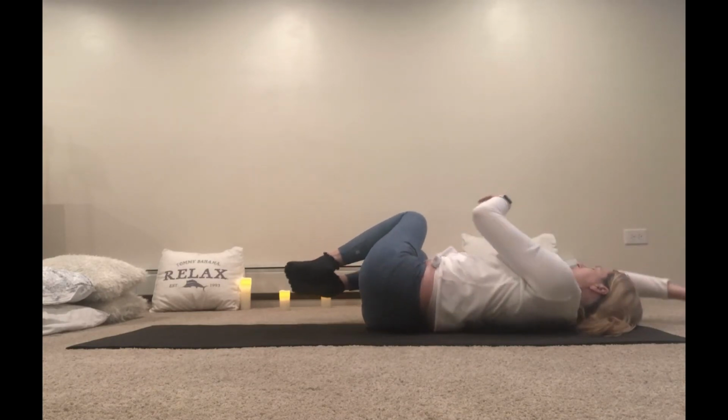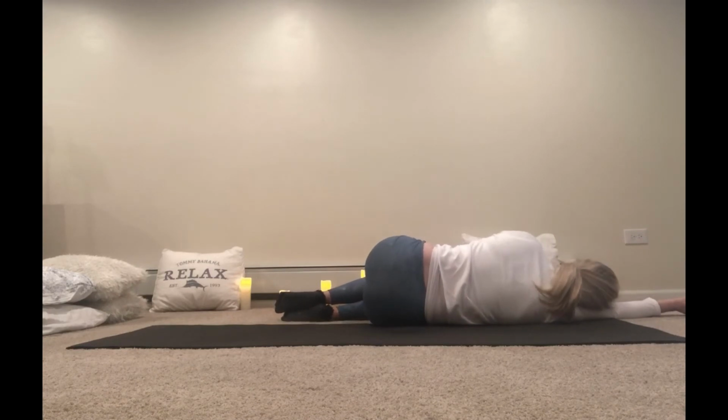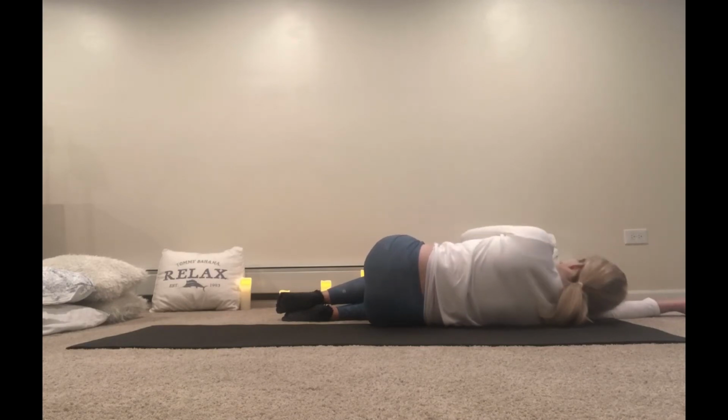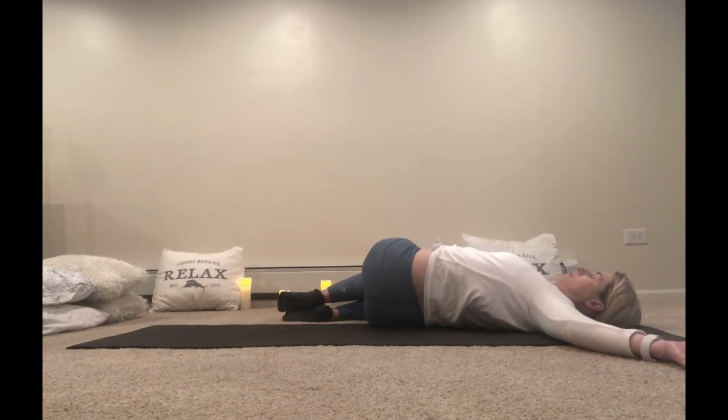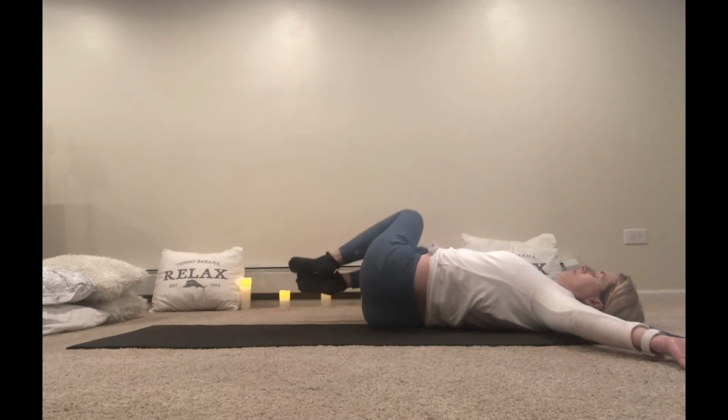Turning now to that right hip, right cheek. Extend that right arm, using it as a pillow. We're stacking our knees on top of each other, aligning our hips, and just taking a few breaths before we transition to our next pose. Maybe we find a gentle twist by releasing that left shoulder down to the mat and keeping those knees over to our right side. We'll bring those knees through center, and we're going to roll ourselves into our fetal pose